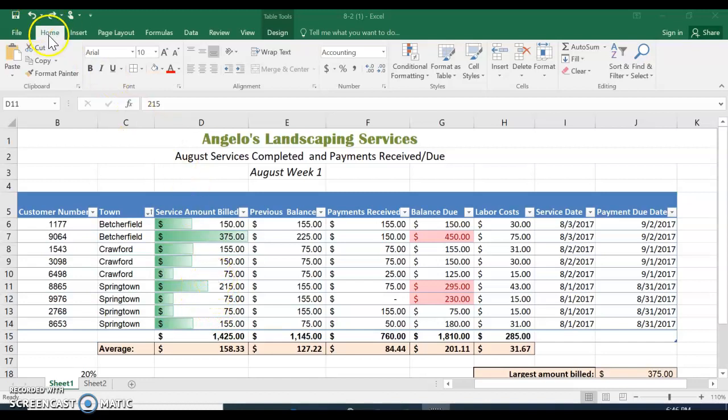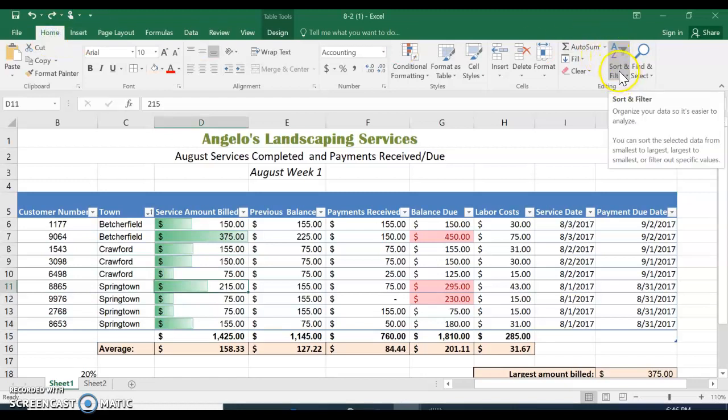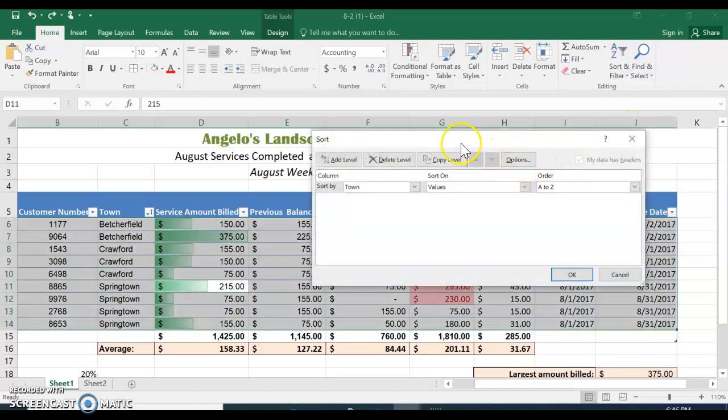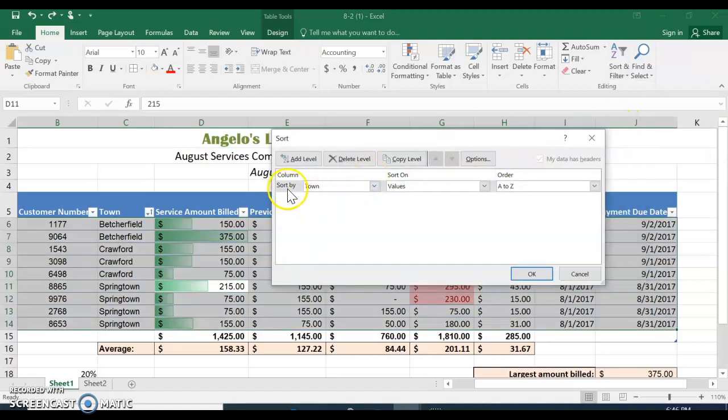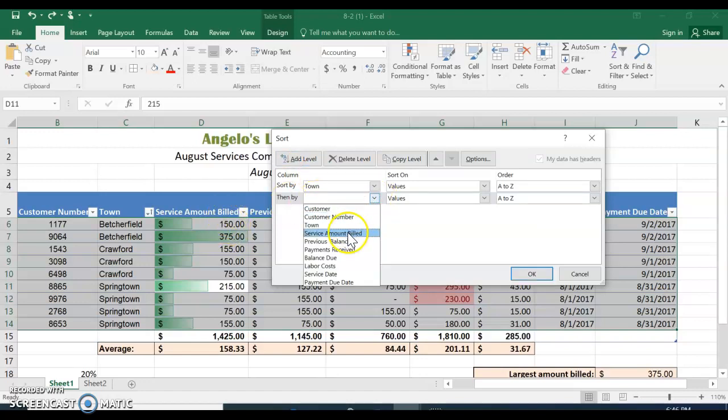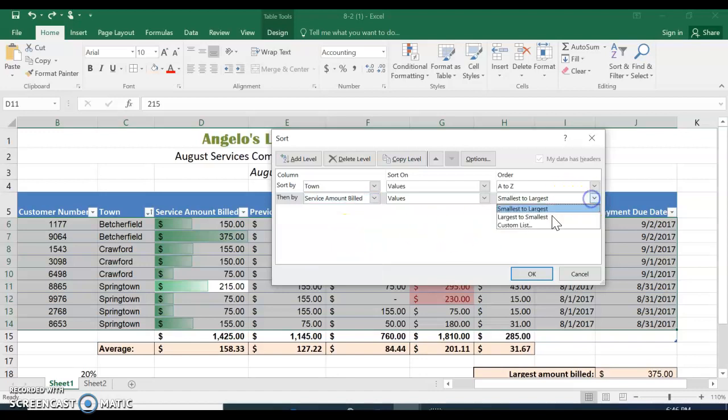So what you'll do is choose the Home tab, come all the way over to the far right, Sort and Filter. Choose Custom Sort. Now if you did it correctly the first time, it should be Sort by Town, A to Z. Now we'll add a level. Click Add a Level. And what we're doing is we want it to look at the service amount billed. So click the down arrow, choose Service Amount Billed, and we want it instead of smallest to largest, we want